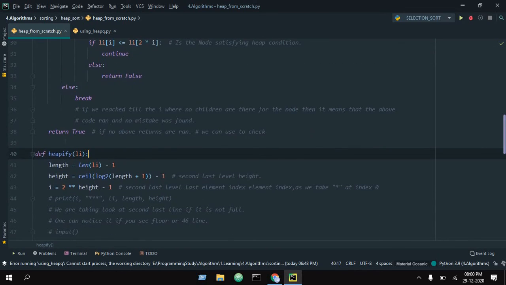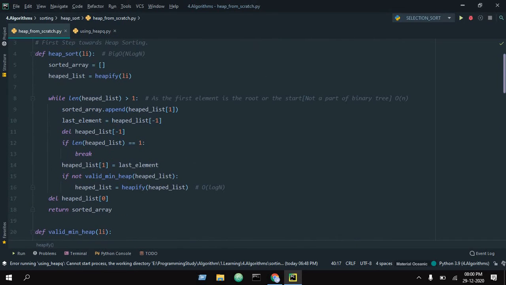Now heapify makes the array into a heap, and heap sort performs all the actions on it. If you go through the code and still have doubts, then you can ask me in the comment section. I can call you, or I can solve your question in the comment section, so don't worry about it.